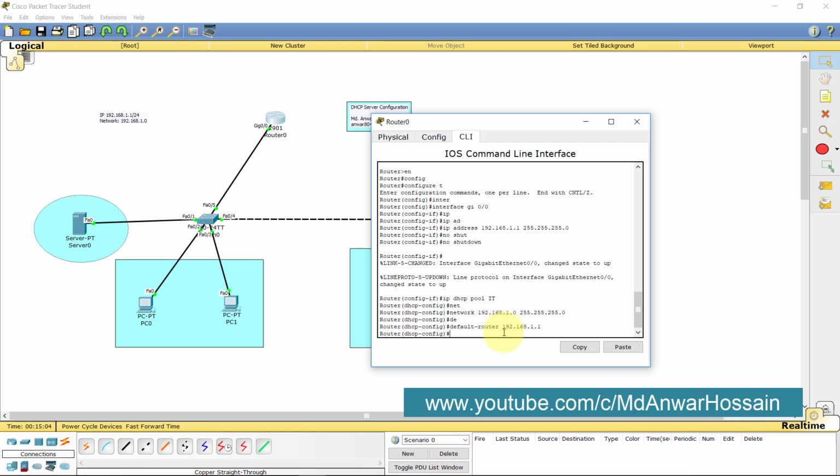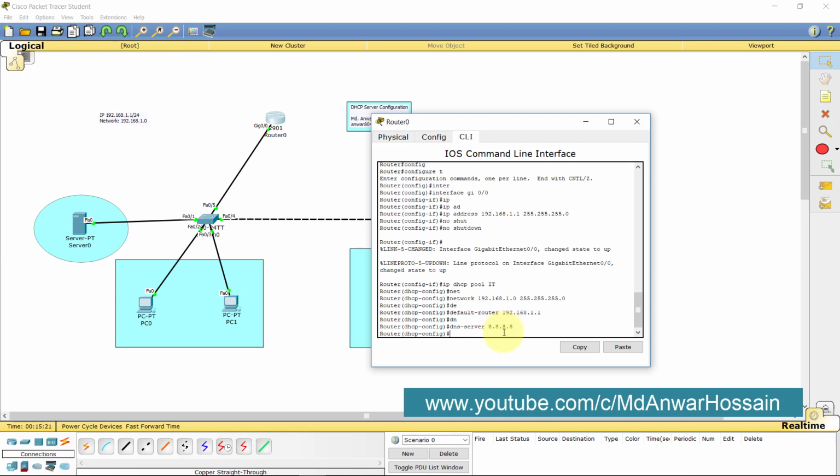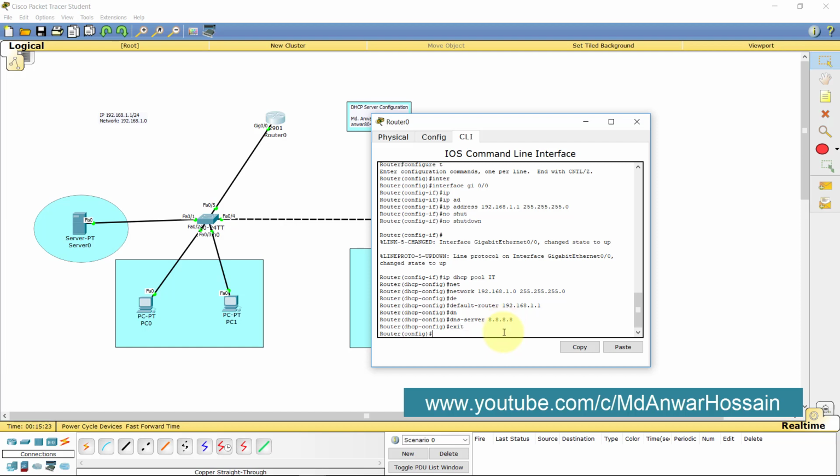Okay, let's input the DNS server. We will use the Google DNS server as the default DNS server: 8.8.8.8. I need to exit. Okay.